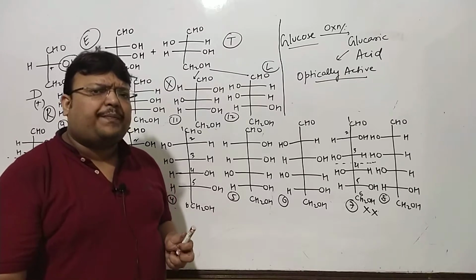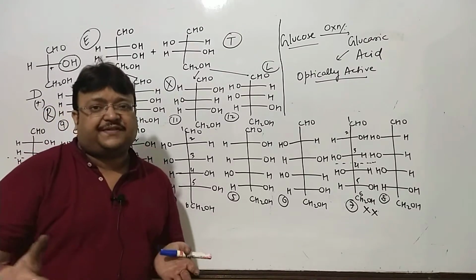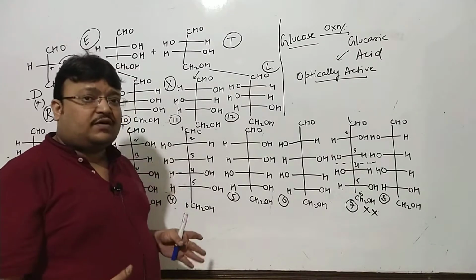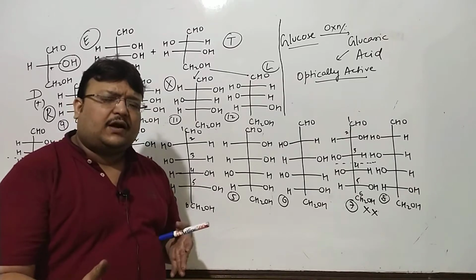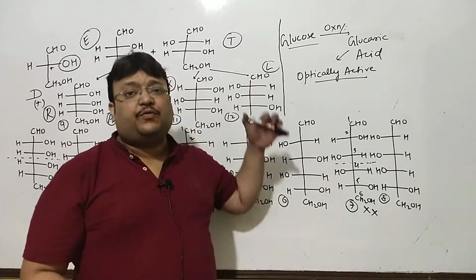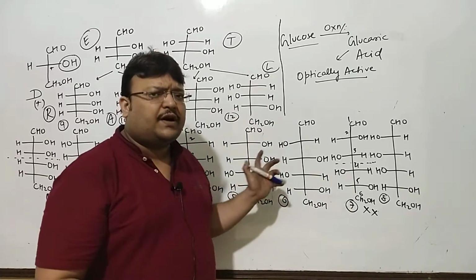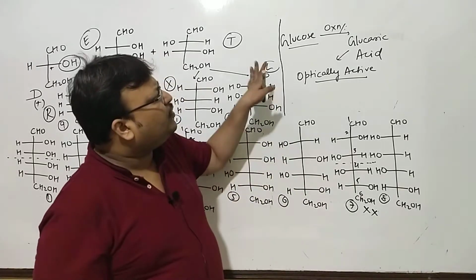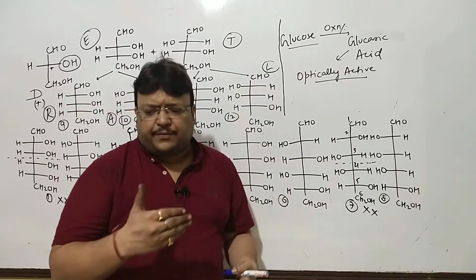You will want to keep copying these steps, and ruling out structures like 1 and 7, you'll want to keep noting it down in your notebook. Step 1, glucose becoming a glucaric acid, which was optically active, so 1 and 7 ruled out. Naturally, because of constraint of space, I'll be rubbing all these steps. I'll move to step 2.